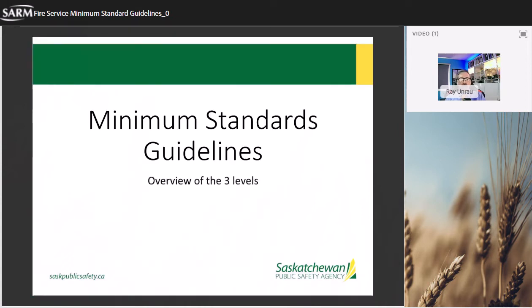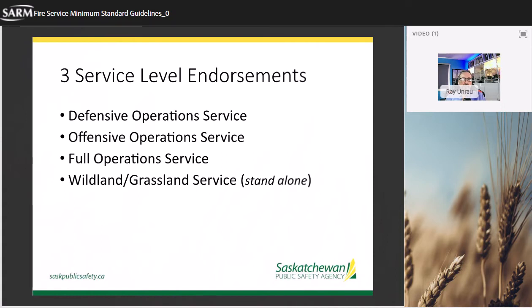So what are the 3 levels of service then? Typical government, we say 3 levels of service, and then we have a slide with 4 bullet points on it. The 4th bullet point was feedback that we got from our committee, that really, given climate change and given the large grassland fires that have been occurring in the south in the last number of years, we really need to add that particular level